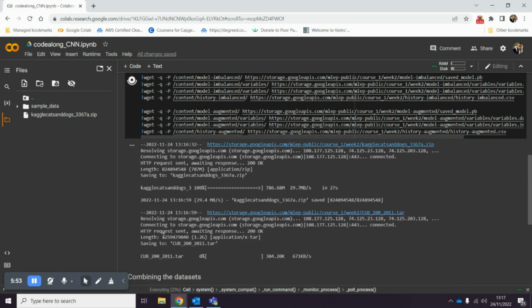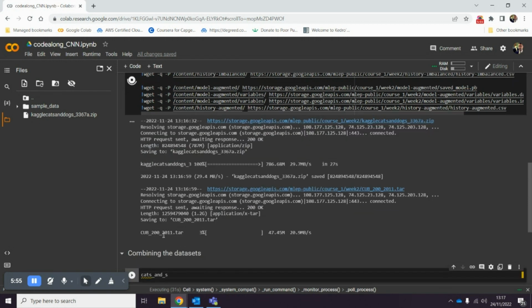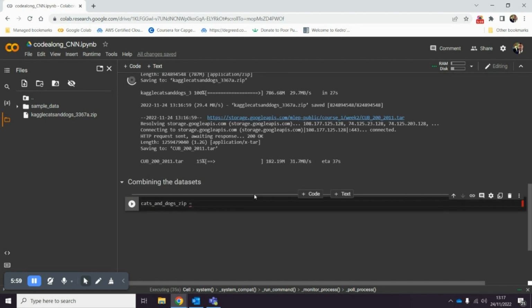So let's make these files into variables so we can extract them and get the images from within them. So okay, this will be uploading to the dashboard. So it'll be content, and then what's it called? Kaggle cats and dogs